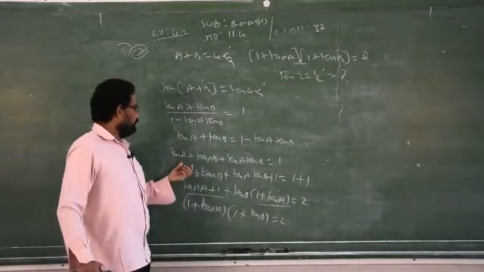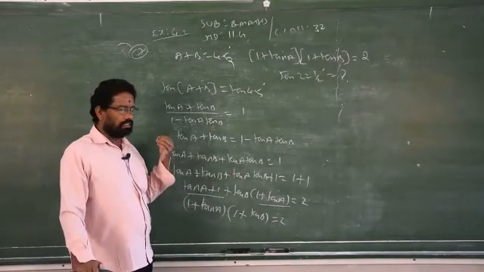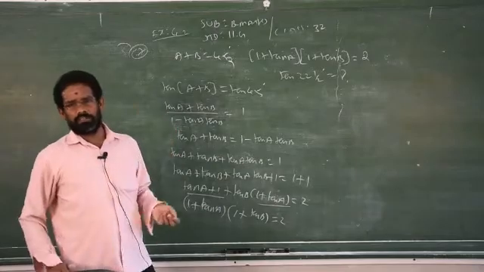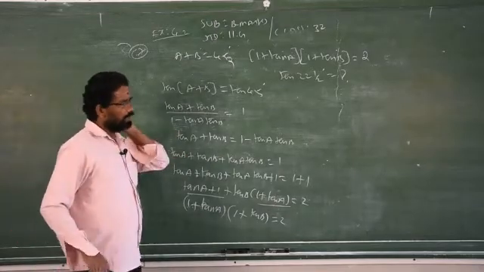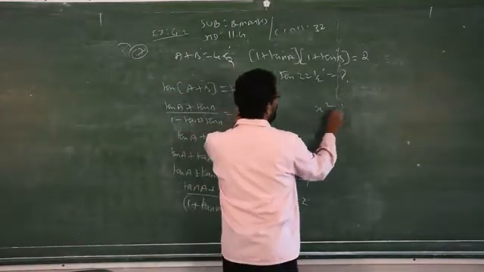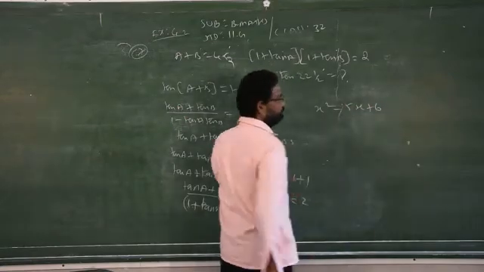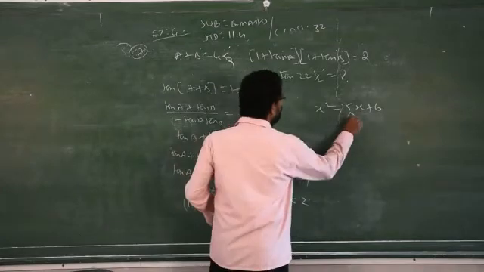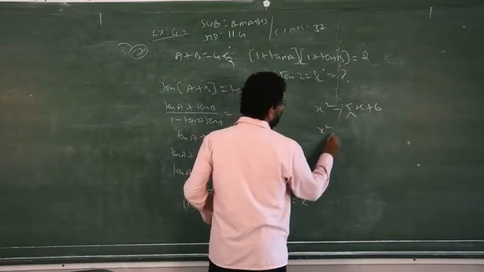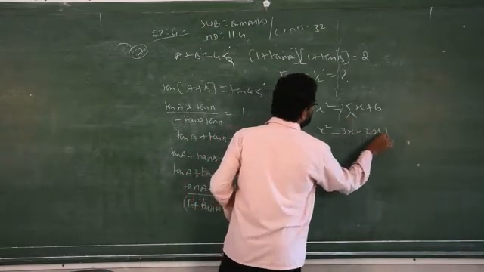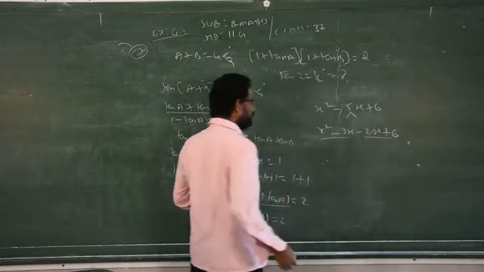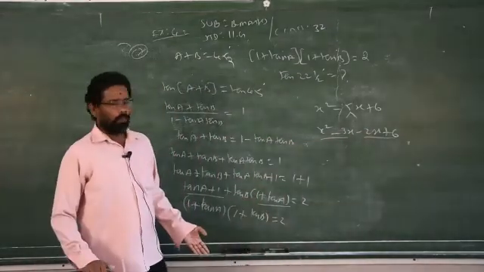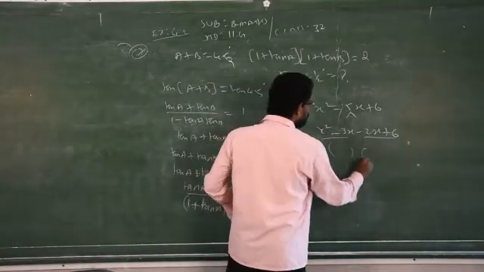So why do I need to add 1 on both sides? The reason is very simple. If there are 3 terms, you cannot factorize. That you learned only in the 8th standard. For example, x square minus 5x plus 6. Is it not possible to factorize straight away? How will you? You are splitting the middle number. That is minus 3x minus 2x plus 6. See, how many terms are there? 4 terms.